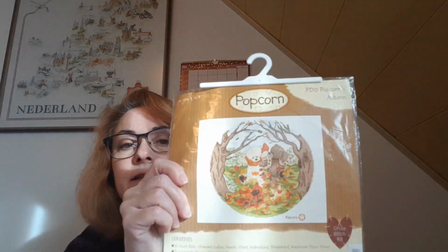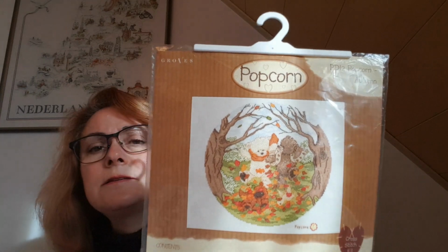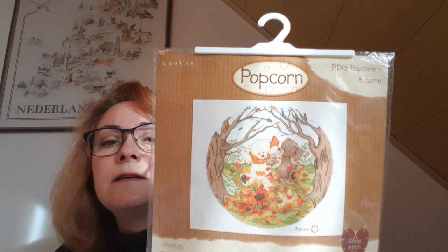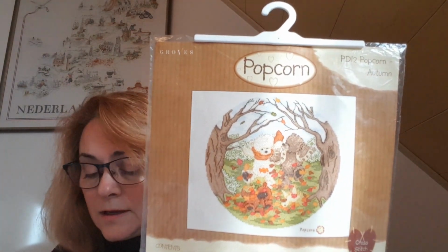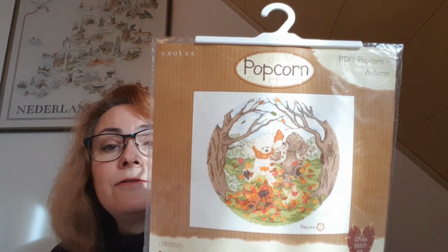Autumn Popcorn. Where are we? Oh, this one. This was a kit by, is it Banks and Groves or Groves and Banks? I think it's an older kit. It's part of their popcorn series, and this was a little bit more difficult to do than I expected. I don't have the